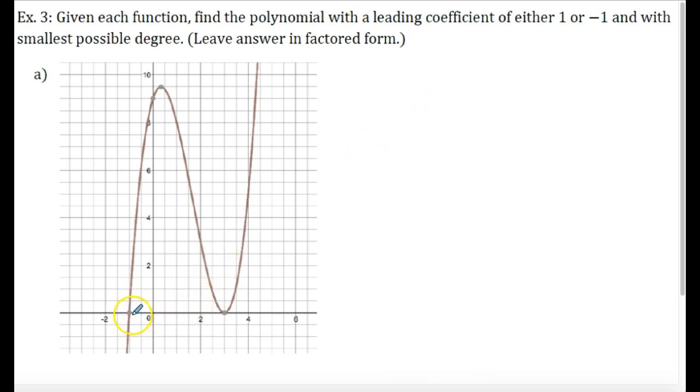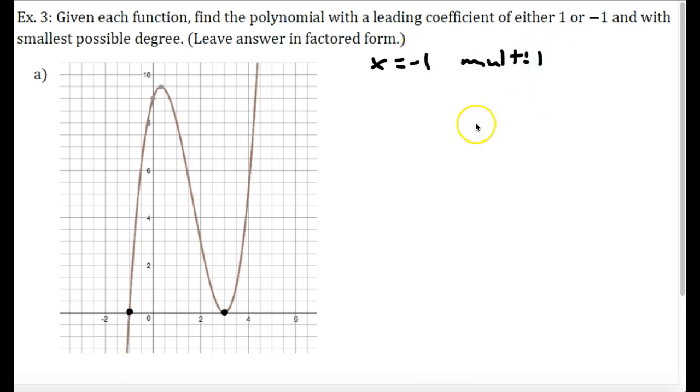The first is I want to look at where the graph crosses or touches the x-axis, my zeros. So I see a 0 here at -1. That graph crosses the x-axis at -1. So I know that x equals -1 is a 0,